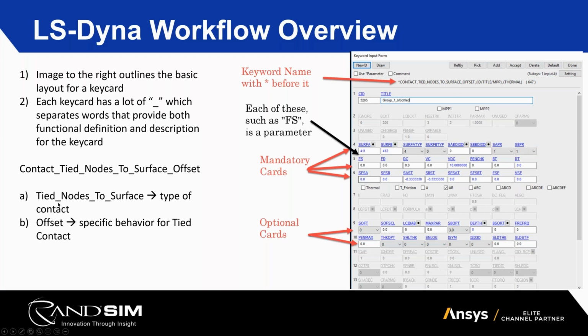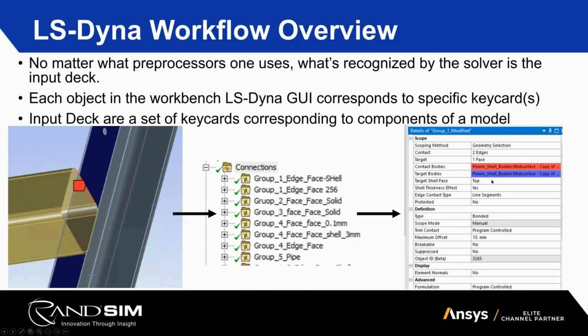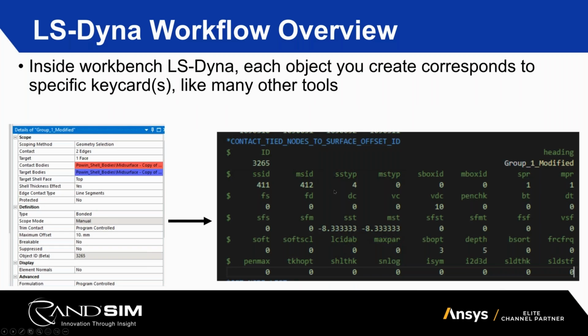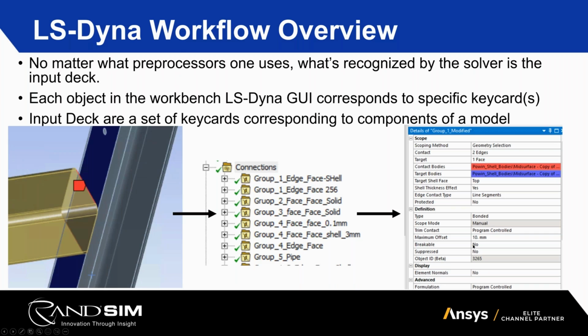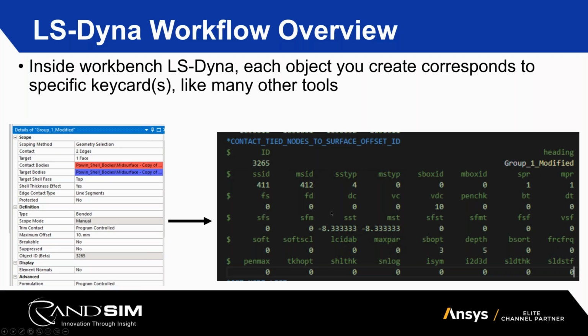But here, what we have is what's called a tied nodes to surface. So if you can read this text right here, this underscore is what tells the computer what it is trying to look for. So tied means it's bonded. Nodes to surface means we're tying a bunch of nodes to a segment, which is called a surface. That's the clue you can use to get what Dyna is trying to do with these cards. Now remember, all you have to do is input things into a GUI. It's going to pump a card out, and then you have to make sure the card is right by changing the GUI to make sure you get the right card. And that's the entire process